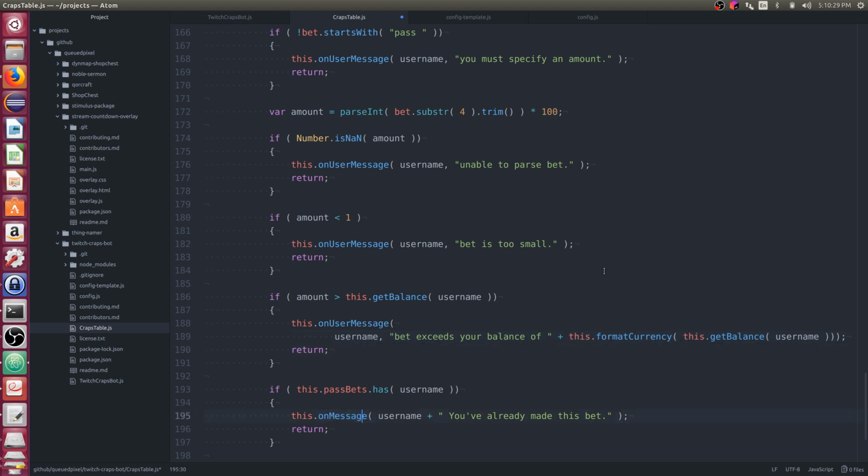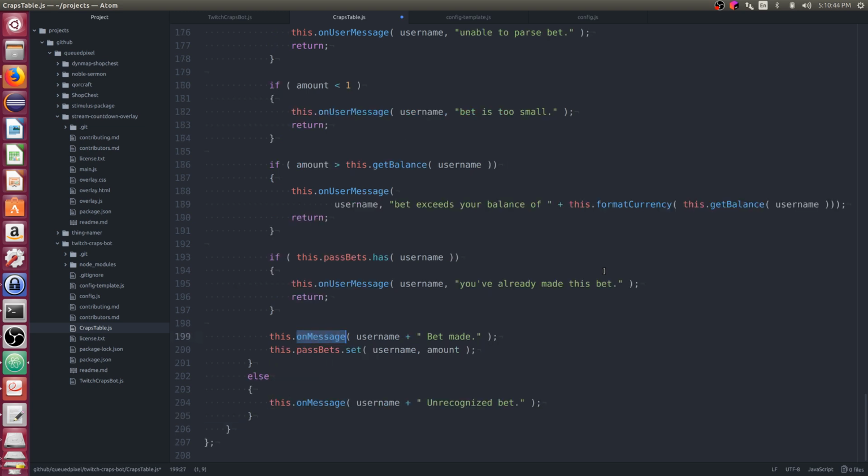The next one, we've got a message here, another user message. Username, comma. You've already made this bet. And then another user message, user.